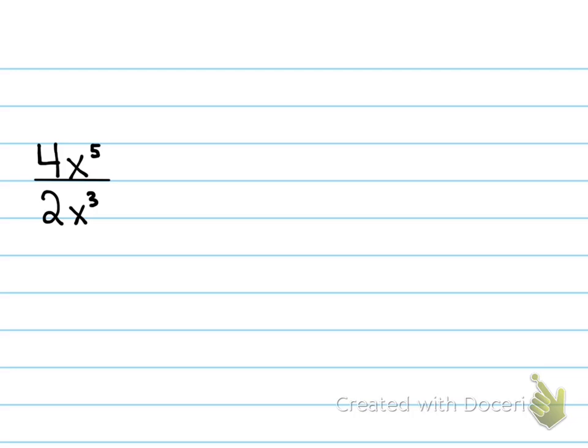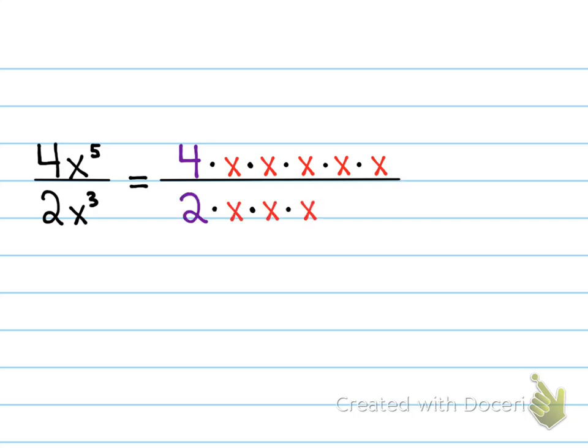Well, let's look at something a little bit different. Now we have a coefficient in both the numerator and denominator positions, but we're going to do the same thing. There's just one last step that we have to do with our coefficients. We just have to reduce them, just like we're reducing our variables here. So let's draw this out. 4x to the 5th power is 4 and then x times itself 5 times, and then 2x cubed, that's 2 and x times itself 3 times. Let's go ahead and cancel out our x's,